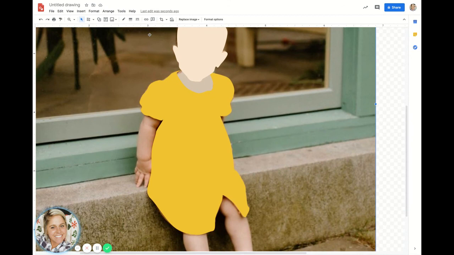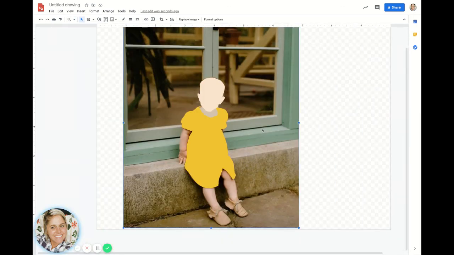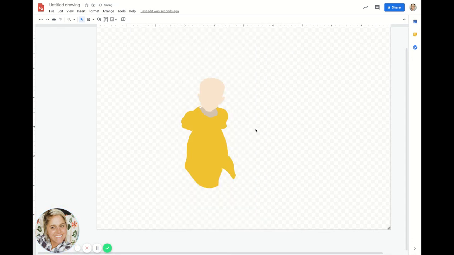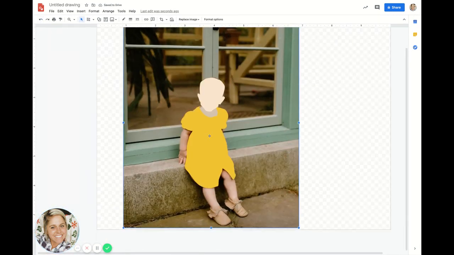So now I have a general idea of the shapes that make her. I can zoom out a little bit more. If I were to delete my backward picture, now I'm left with kind of a block figure. And I'm going to do undo, and I'm going to come back. So now